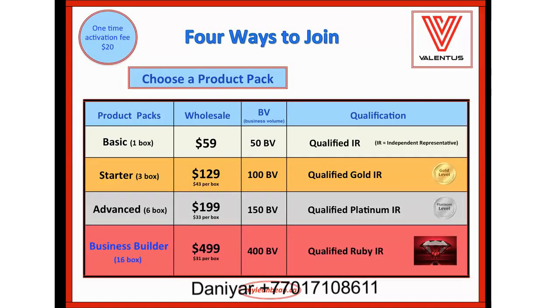But what this does here, not only do you get the best discount, it's $31 per box, or $1.29 per unit or per drink, but you get a full portfolio of product for not only your personal consumption and personal use, but for sampling and sharing your new business with other prospects and